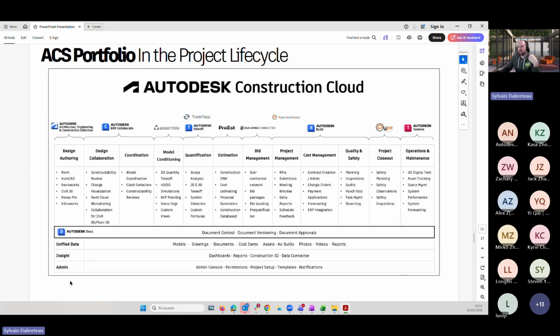Okay. Once I have set up my account administration, I have set up my project administration, and I'm working in my project, Docs will be core to my project. And I need everyone to be able to work in Docs. So I will be setting up Docs. Folder structure, permissions, issues, reviews, transmittals, etc. So Docs needs to be set up properly.